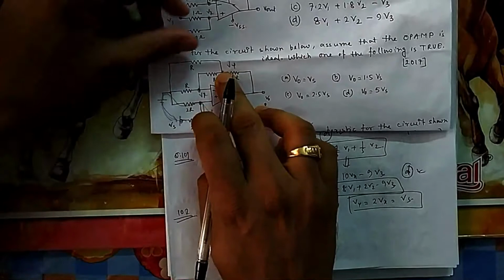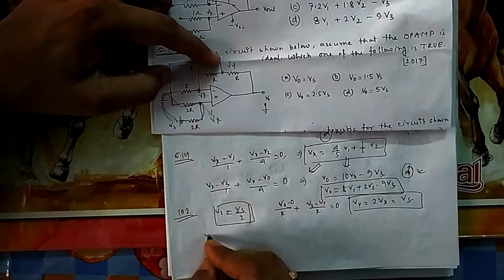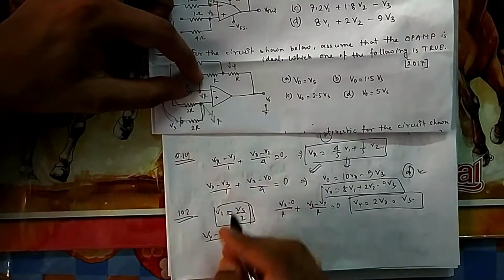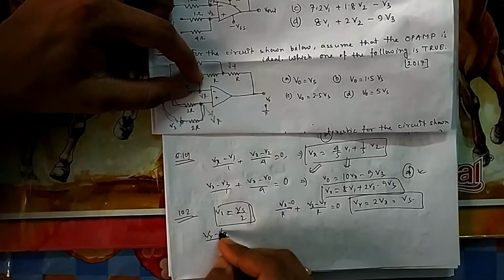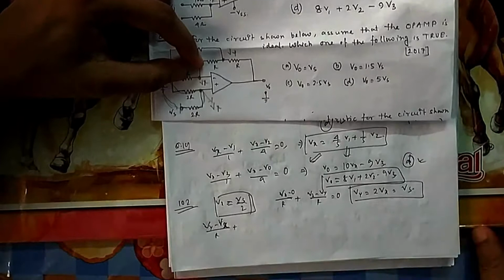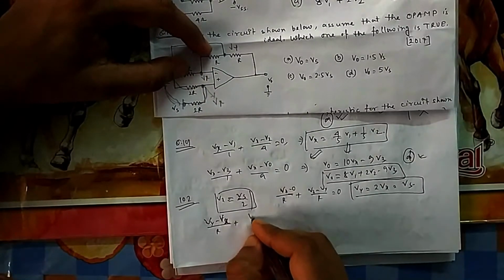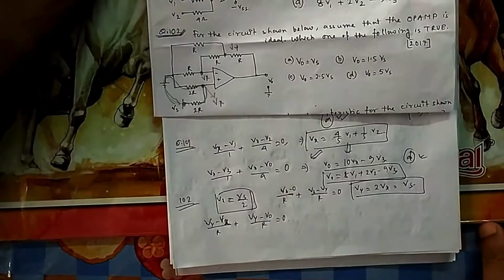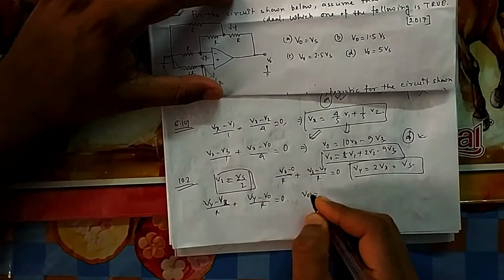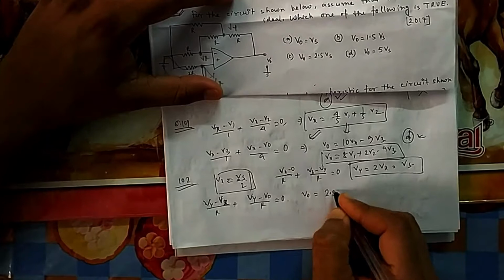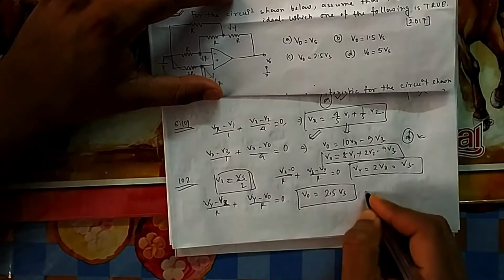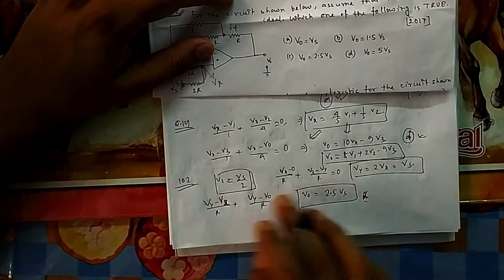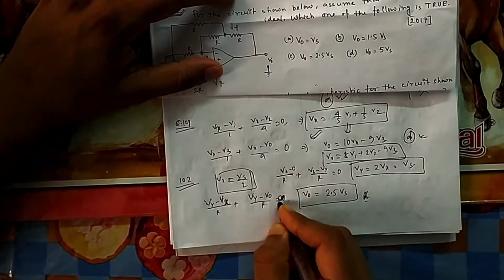This one you got. Now at last you take again nodal here. So it will be Vy minus Vx by R plus Vy minus V0 by R, that is equal to 0. So from here also you will get V0 is equal to, if you put all these values, you will find it 2.5 Vs. So this is your answer. You put Vy equal to Vs, Vx equal to Vs by 2, everything you put, you will get the answer. Sorry, there is one more.